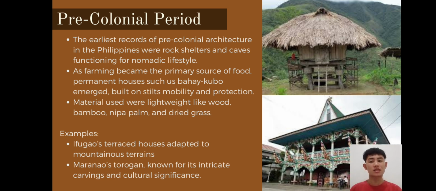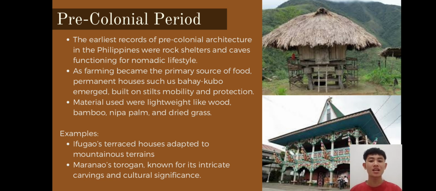Two notable examples of pre-colonial architecture that reflect the diversity and adaptability of early Filipinos. One, the Ifugao Terrace House in the Cordilleras. These homes were carefully designed to suit the stepped mountainous terrain of the Cordilleras. The ingenuity of these terrace houses is mirrored in the rice terraces themselves, showcasing a deep understanding of engineering and